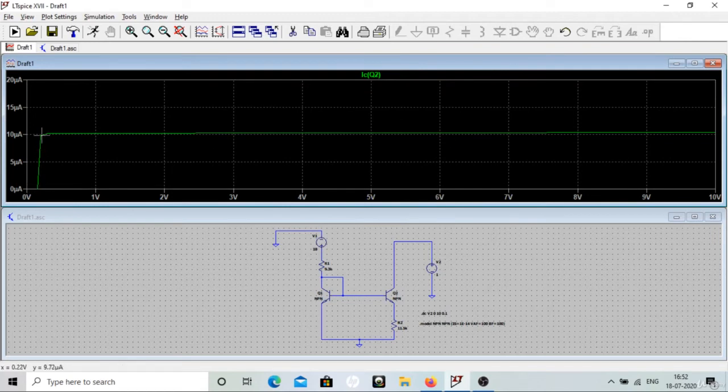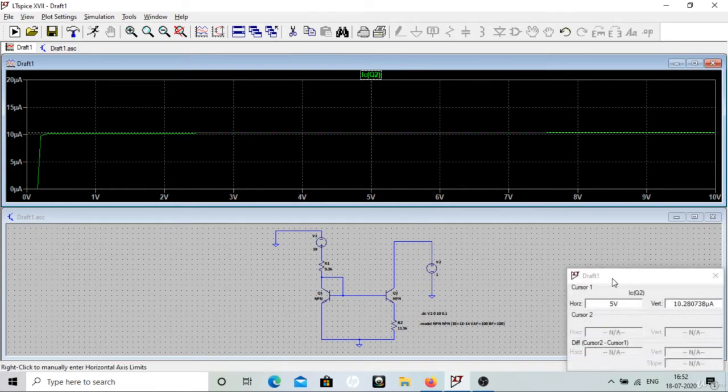So it is almost equal to 10 microampere, but you can see it is not actually flat. Here there is a change, so we will check the slope.